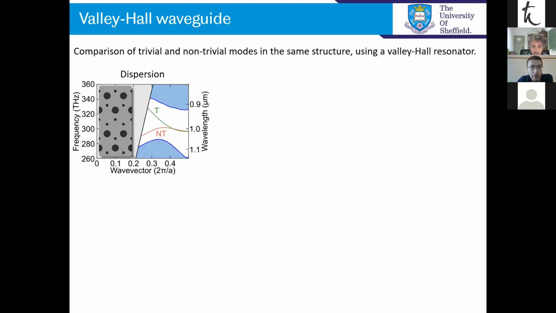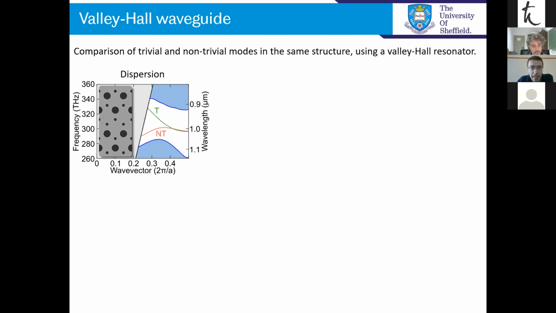Now, in this case, it's the valley Chern number which is of interest. So the total Chern number for the bands doesn't give us any modes, but if we just look at the individual valleys, the K and K prime points, we actually see that there should be one mode in the bandgap. And so what we do, we attribute the lower frequency mode to a non-trivial mode and the upper frequency mode